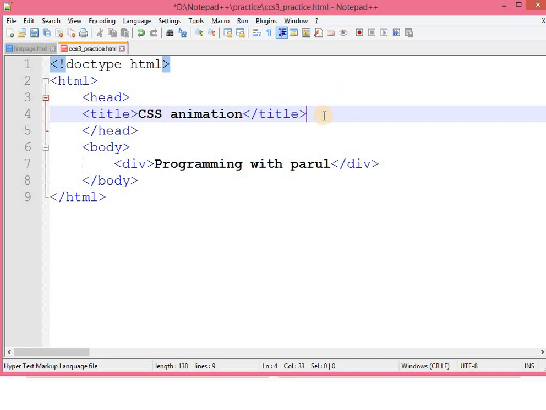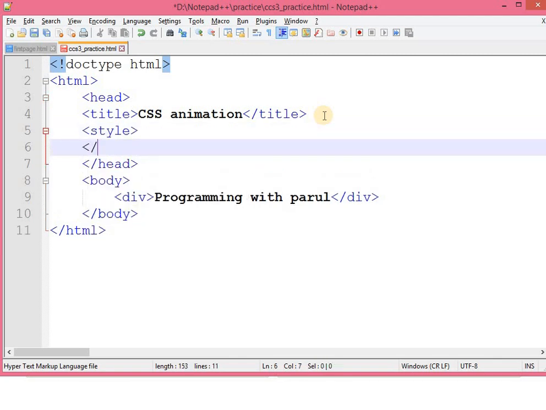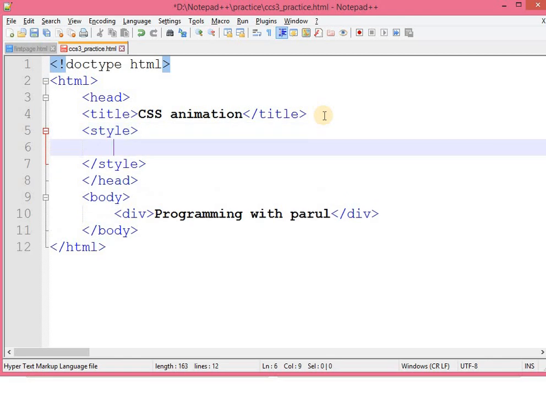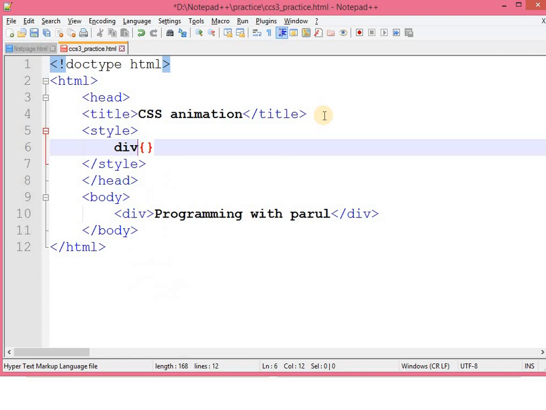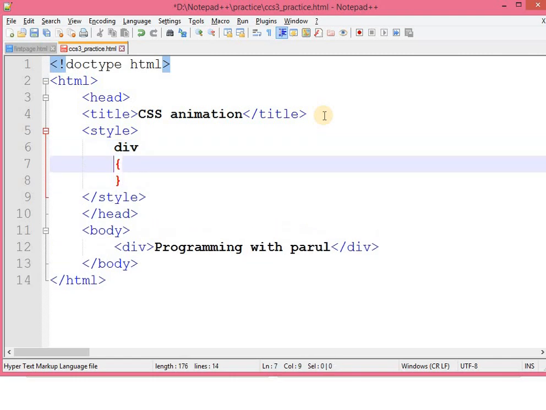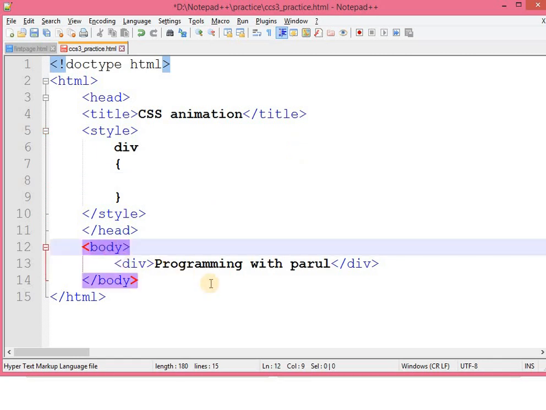Now within head I want to apply style, that's why I'm taking the style tag. Now first of all I want to make it look good for the div tag. This is in the body section. This is my div tag.